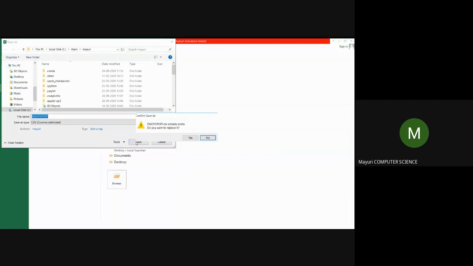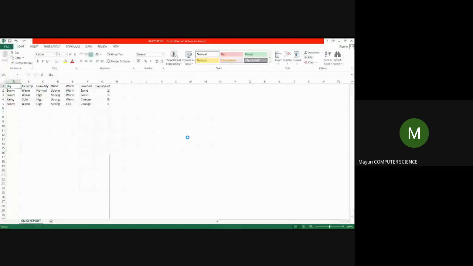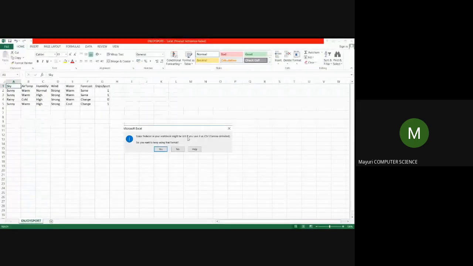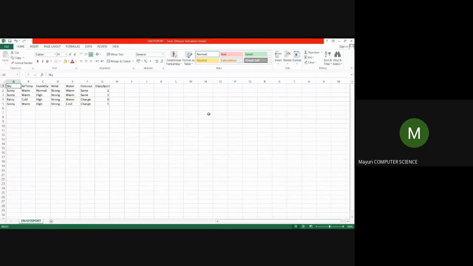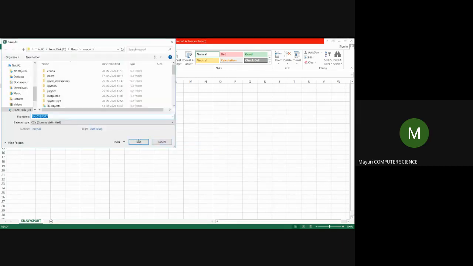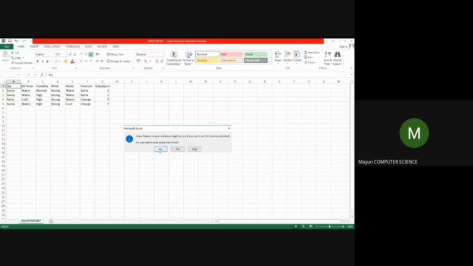save. While saving, I think it already exists in my system. While saving, I think you will get lot of pop-ups like that. Generally, always press S. Then I just wanted to close it. If I try to close this also, I will get such kind of pop-ups. Try to save all the time. Save and then press only yes. Don't worry, I think it will come a lot of times. So any issues with dataset right now?